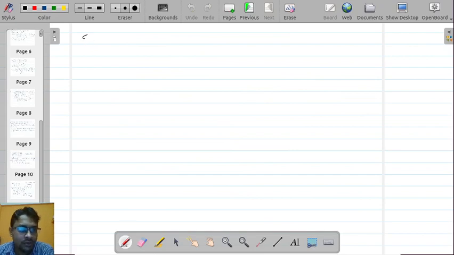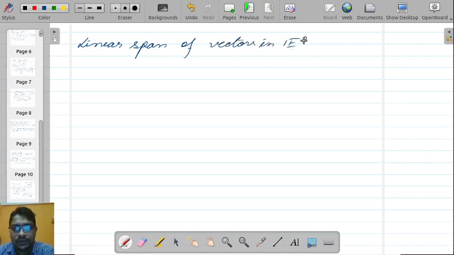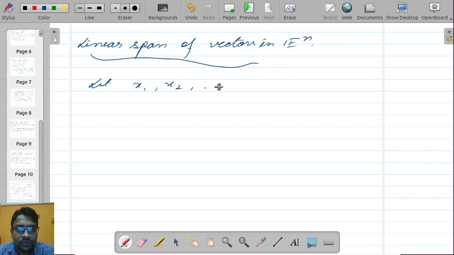Okay, now we have a spanning set, or linear span. Let me just write this: linear span of vectors in E to the power n. Let u1, u2, up to ur belong to E to the power n, be vectors. Then the linear span